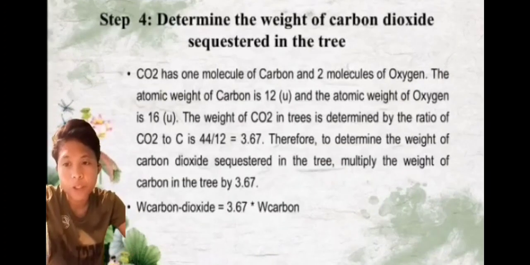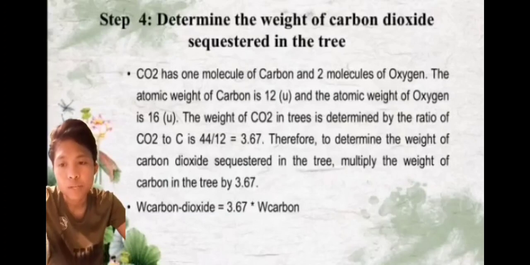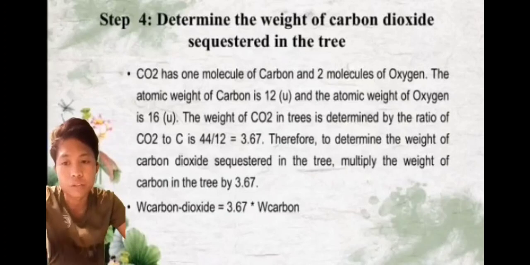Last step, step 4. To determine the weight of carbon dioxide sequestered in a tree: carbon dioxide has 1 molecule of carbon and 2 molecules of oxygen. The atomic weight of carbon is 12 and the atomic weight of oxygen is 16. The ratio of carbon dioxide to carbon is 44 divided by 12 equals